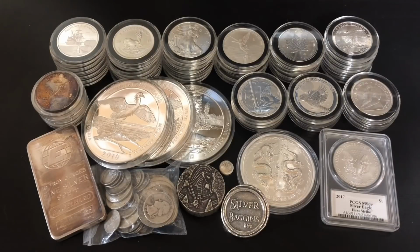And also you could talk to them and just sort of figure out pricing and see if they have any sales and stuff like that. Just kind of as a frame of reference, I would never buy an American Silver Eagle for more than $3 over spot. That's what my local coin shop sells them for. I've got another one down the road that sells them for $2.50 over spot. So, if they're trying to charge you like $5 or $6 over spot for American Silver Eagle, you're probably getting